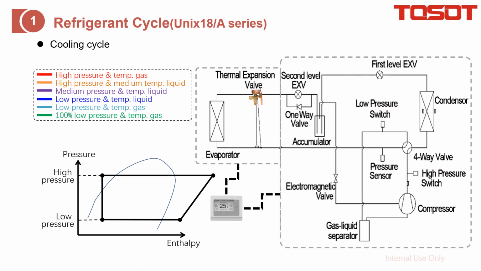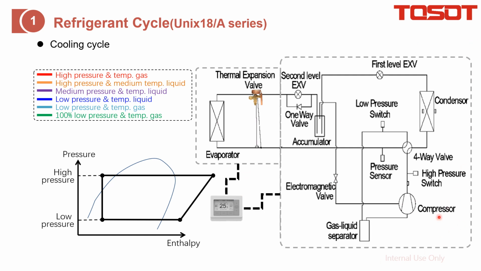This slide is the most complicated A-series 60K refrigerant cycle. So you can find that this is the pH diagram, and here is the out unit and the in unit. They just connect by the thermostat, either from grid or from third party. It is okay. And let's focus on the out unit.